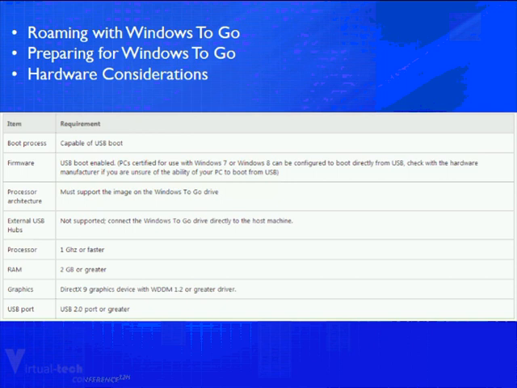What are the hardware considerations for Windows To Go? Let's say you're using a USB drive. The devices basically need to be optimized and certified for Windows To Go if you want to use them with Windows To Go roaming options.